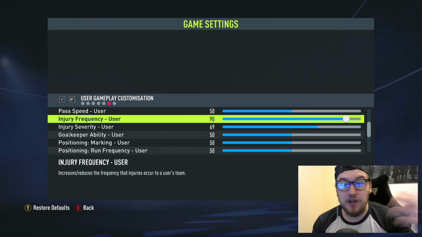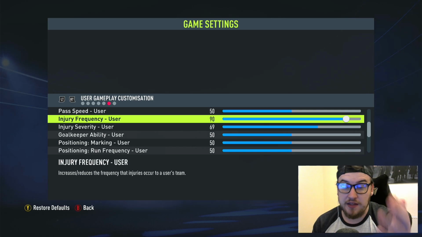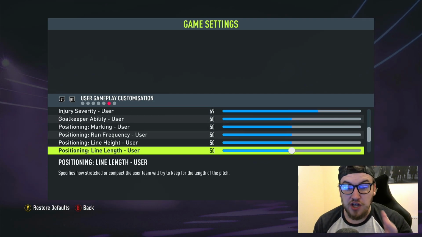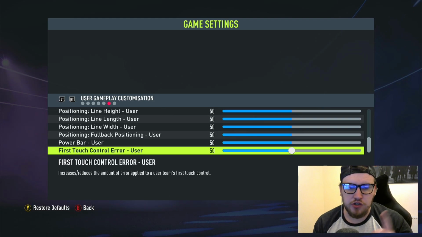You've got to add stuff in yourself to get the most out of it, whether that be rules or restrictions. Stuff like this with the sliders definitely helps. If I'm being honest, I don't usually mess around with too much of the user stuff. All this stuff kind of just stays the same for me, apart from at the moment the first touch control